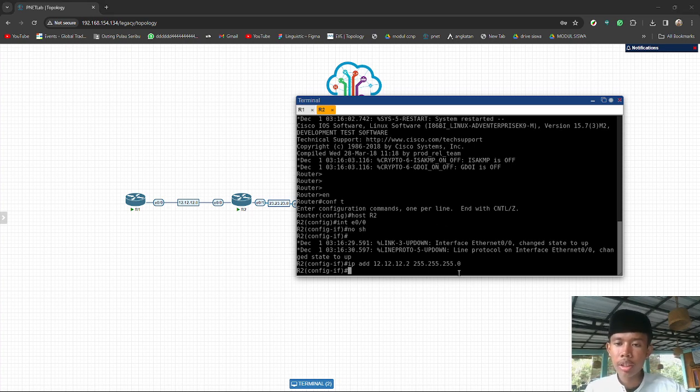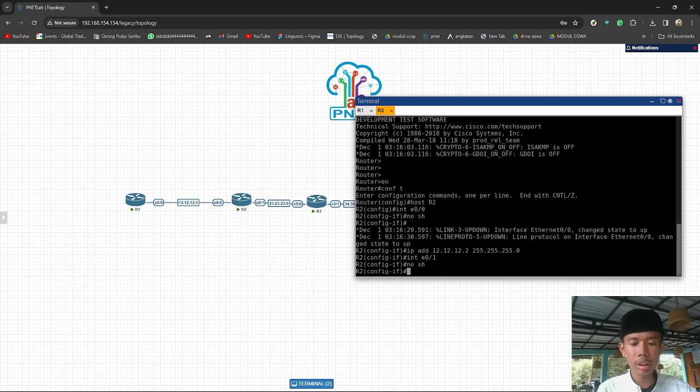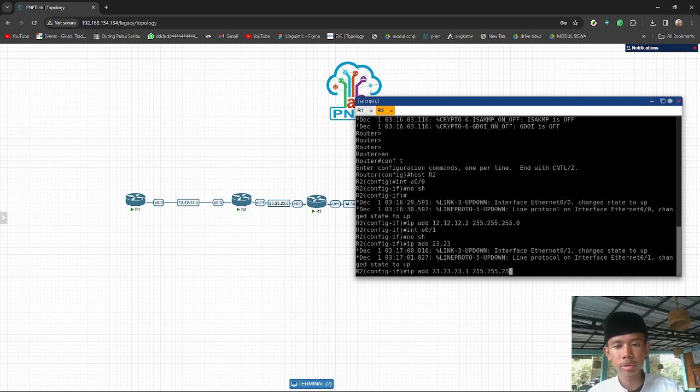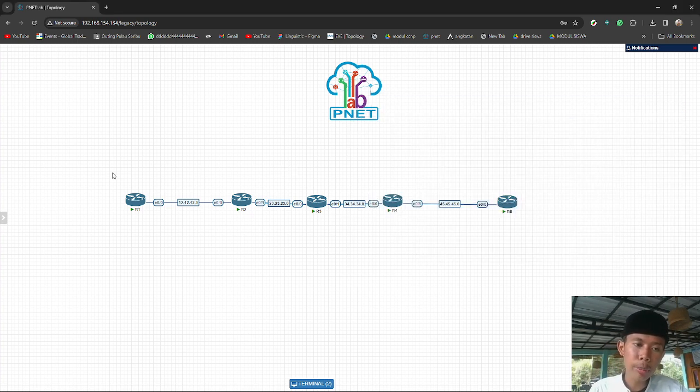We will do the same thing with Ethernet 0/1: the network 23, interface E0/1, no shutdown, and the IP address 23.23.23.1. And we will make an IP loopback. Every router will have an IP loopback: the first router is 1.1.1.1, the second router is 2.2.2.2, then 3.3.3.3, 4.4.4.4, and 5.5.5.5.